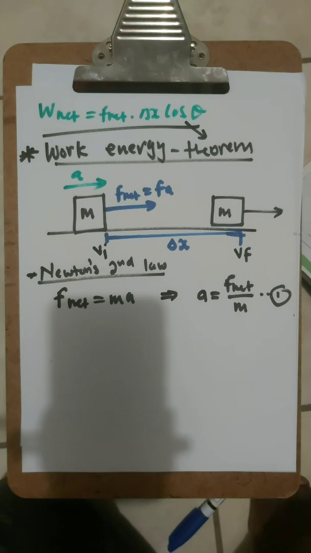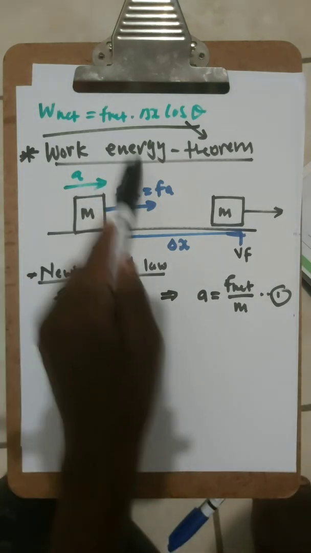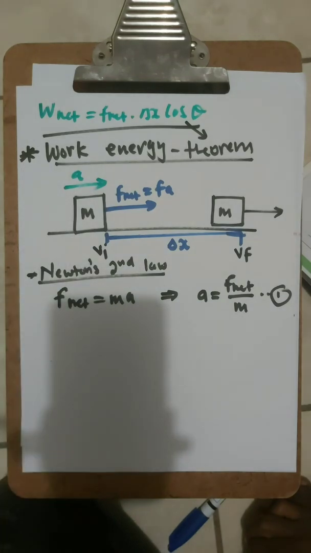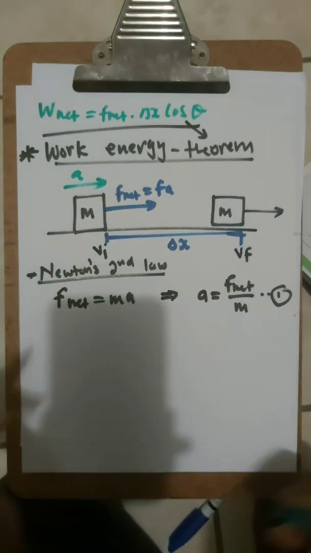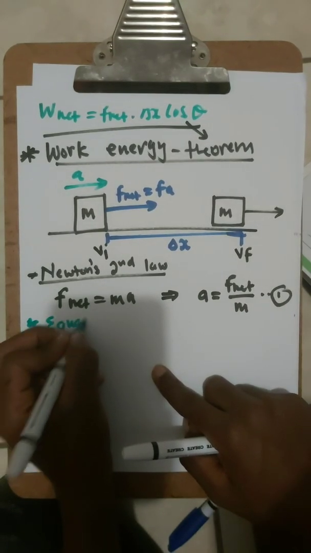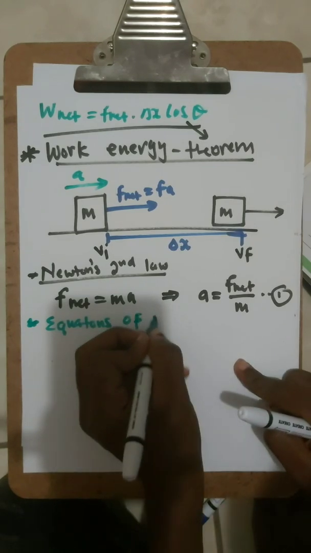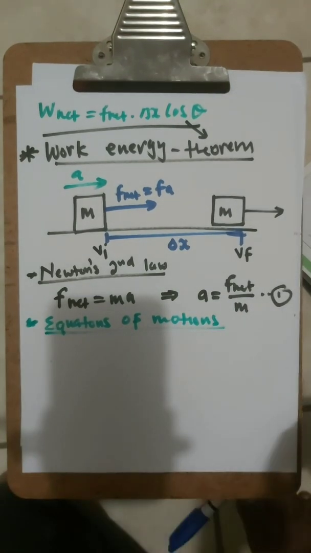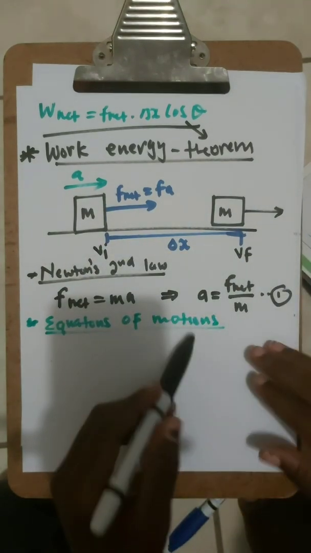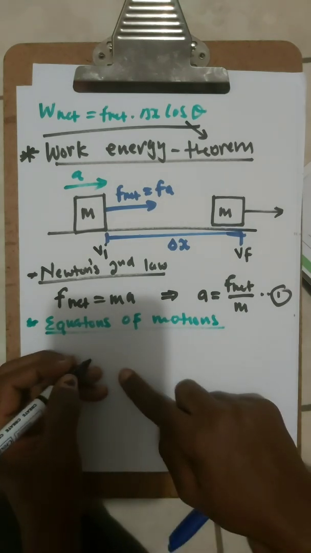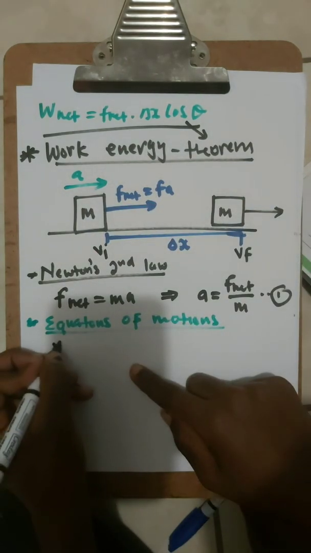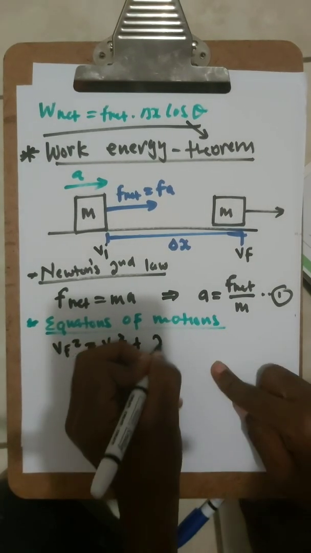Now we make our acceleration constant. If this acceleration is constant, we can use the equations of motion. I need to choose a relevant equation of motion that will make sure that at the end of the day I match. Which equation can we use? There is only one equation of motion without time. So we have Vf squared is equal to Vi squared plus 2